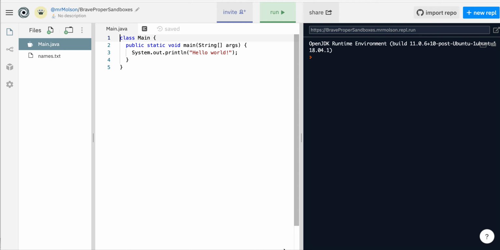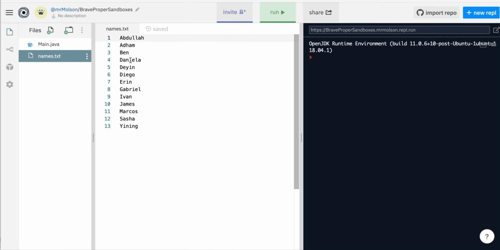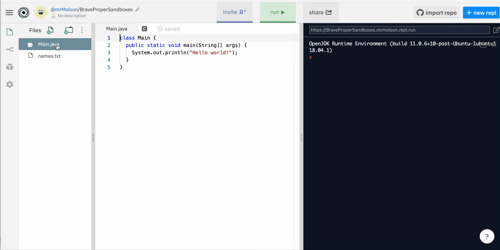Okay, in today's video I just want to show you how to access data from a file. Hopefully you can see that I'm in Replit, and I've just got a standard main.java, and I've just uploaded a file that I've created called names.txt, which has got all your names in it. So this is just a standard text file. What I'm going to show you today is how we can use the scanner class to access the names